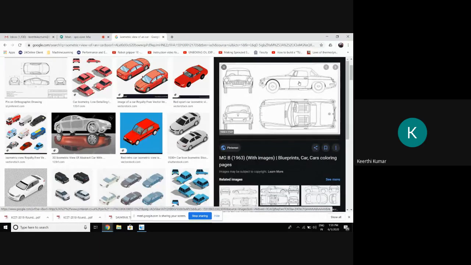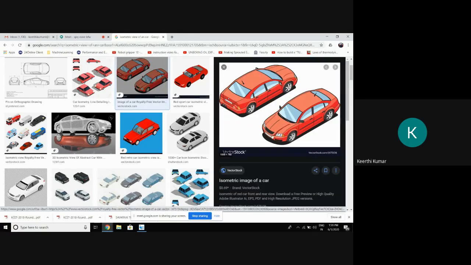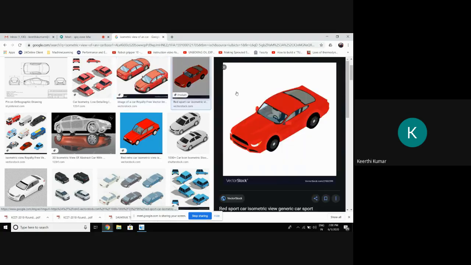Assume that this car is an object for you. This object is expressed with the help of front view, side view, top view, like that. So they have used many views to express how the car is going to look. But if I ask you to draw an isometric, see now, this car is oriented towards 30 degrees. So I can easily analyze how the car looks from the top, side, front, everywhere. So this is the arrangement of the isometric view. This car is placed at an angle of 30 degrees, so I can easily analyze what exactly the car is telling here.